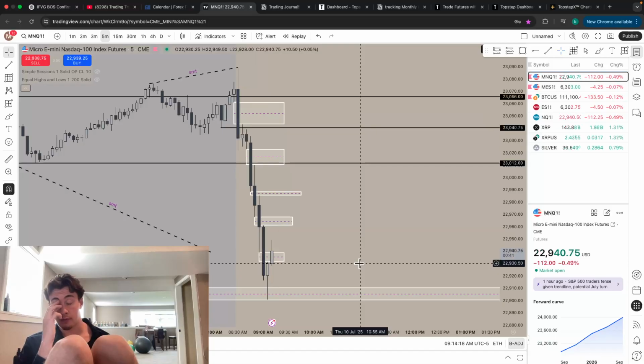Price might just push beyond my point without getting me the retrace and breaker structure. But either way, if I'm waiting for all those confluences and I get the retrace after the inverse fair value gap and that breaker structure, that's an A+ setup. It depends on what else you get.